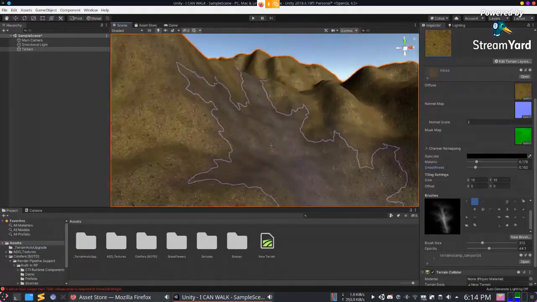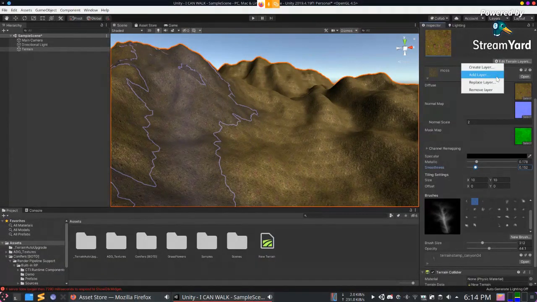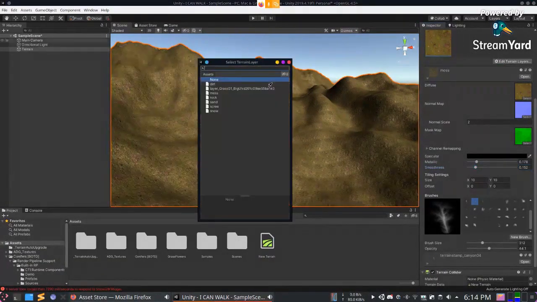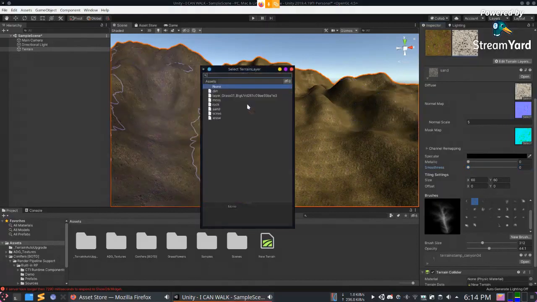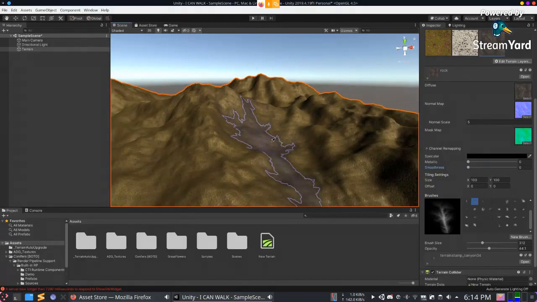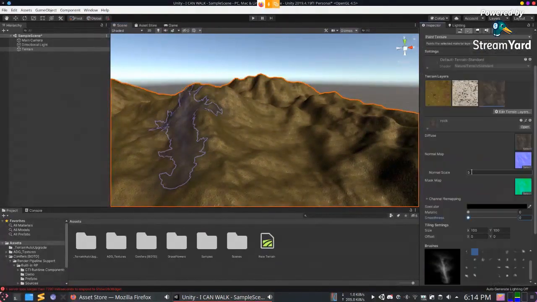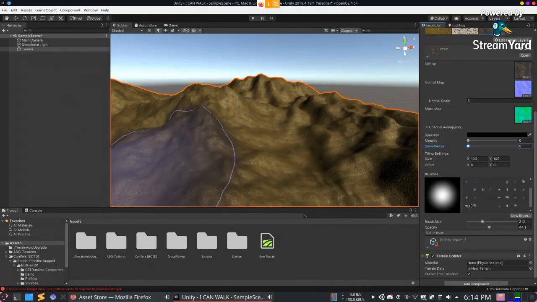Now let's zoom out a bit. Now let's add another texture. Let's add rock. Brush. I need a more plain brush. Need to severely decrease the size of the brush.